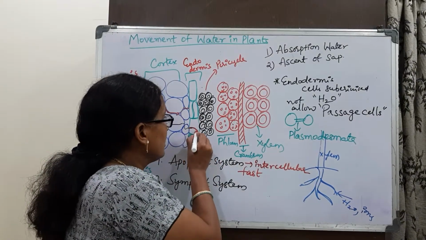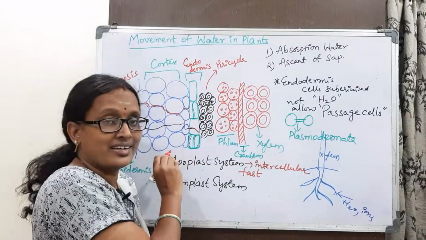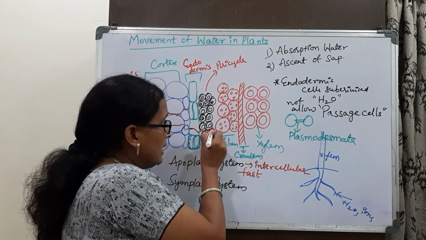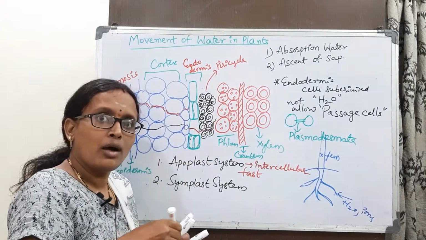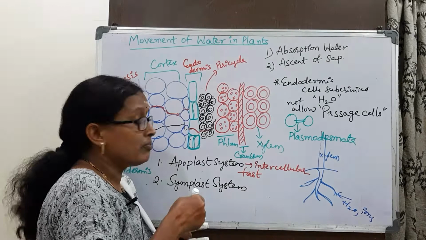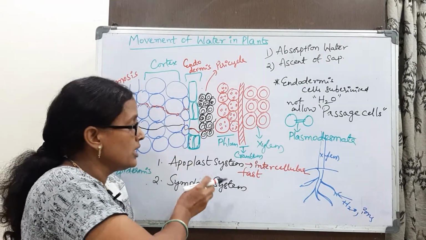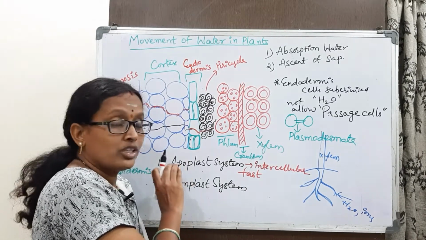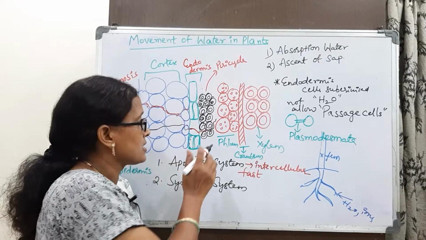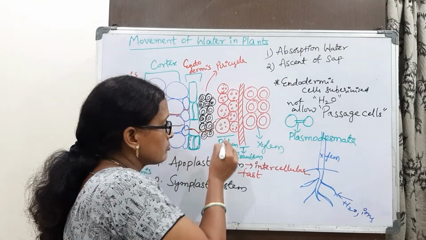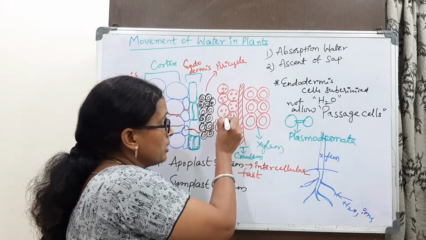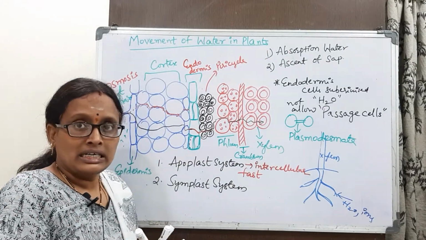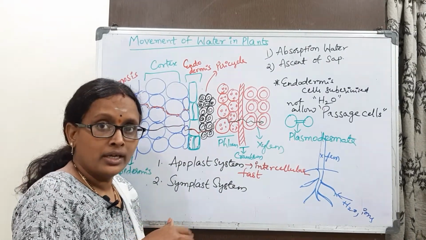And from this it reaches the pericycle region again. From the pericycle, water again moves through the intercellular spaces, the apoplast, but at the place of the endodermis only symplast-type water movement occurs, through the symplast only, not the apoplast. So again it reaches the phloem, through the adjacent cell walls, and finally the water reaches the xylem, and from that xylem it is going to be transported.